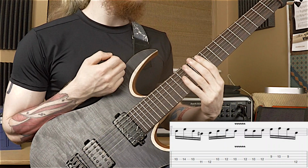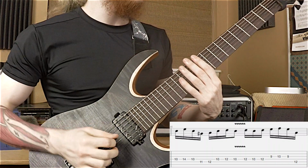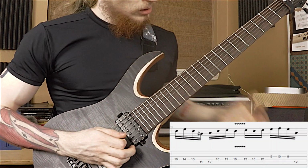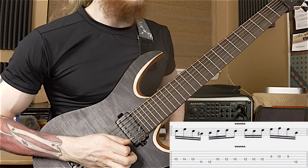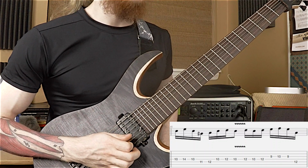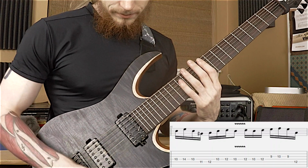The other notes that I'm hitting are highlighting notes that give it the kind of feel that I want. In this case, I'm highlighting that raised seventh for the harmonic minor feel, the fourth for the tension and slight dissonance that imparts, and then the minor sixth, once again highlighting the whole minor dark sound like that. So you end up with